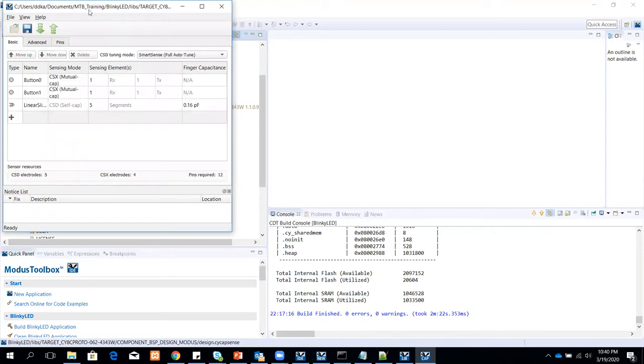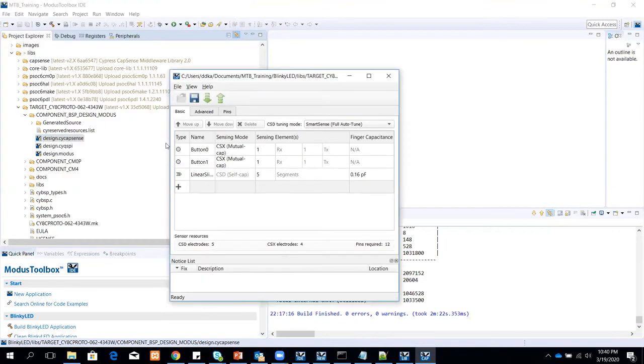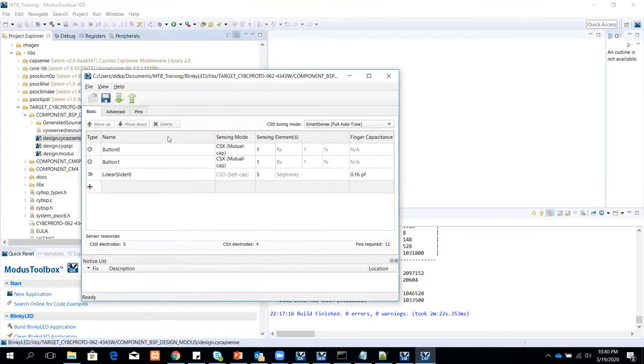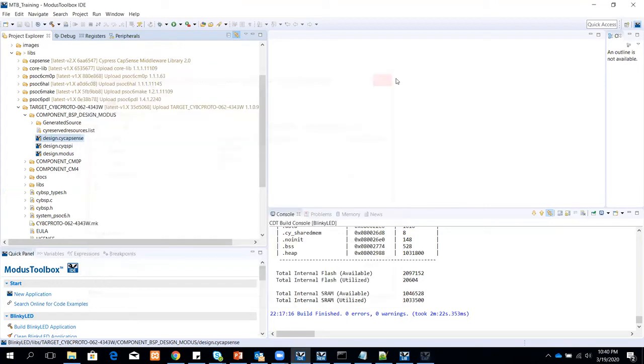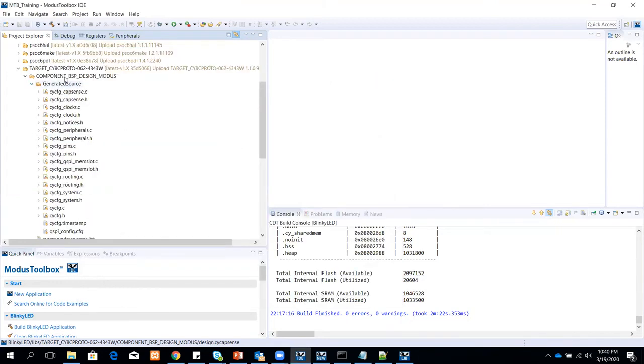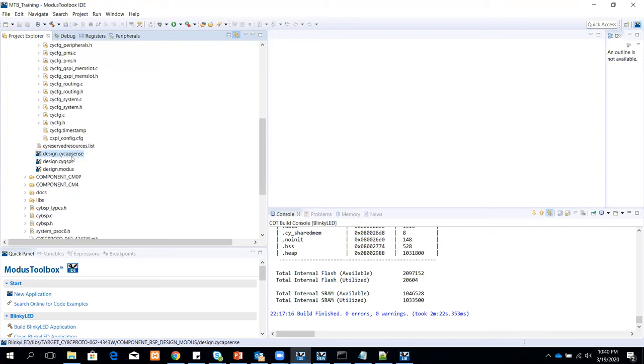As you can see, when you open up the captions configurator, you can enable the different buttons, the slider, and then set the different parameters, and then just save this, and it will generate the files for you inside the generated source folder. So the cycfg captions.c and .h are coming from that particular configurator.